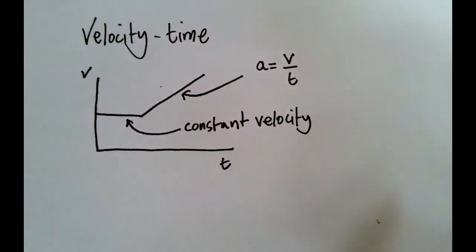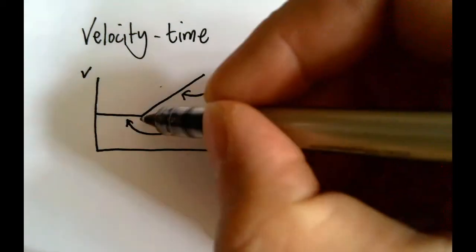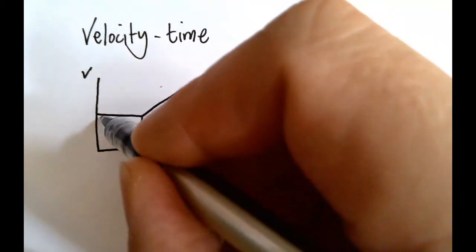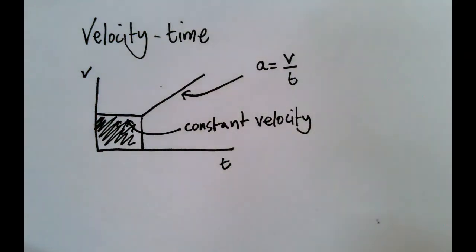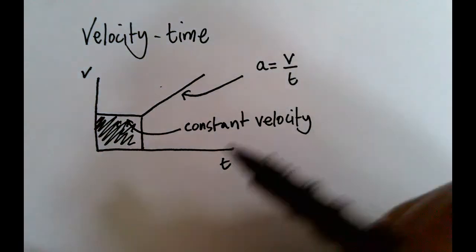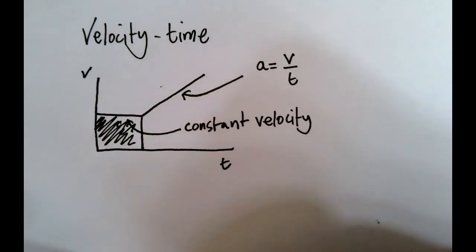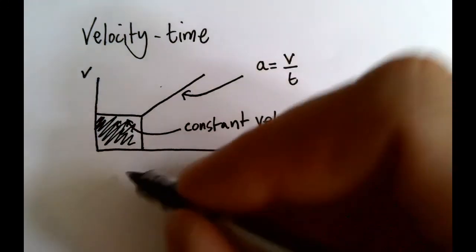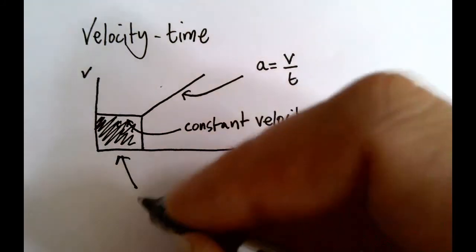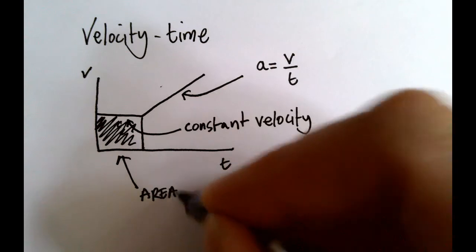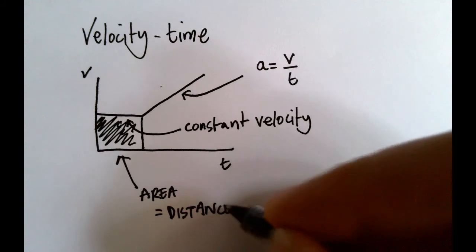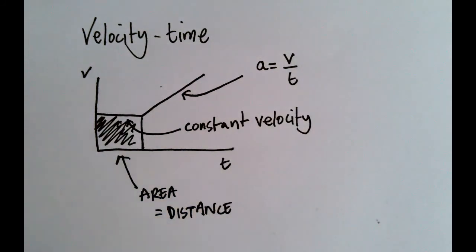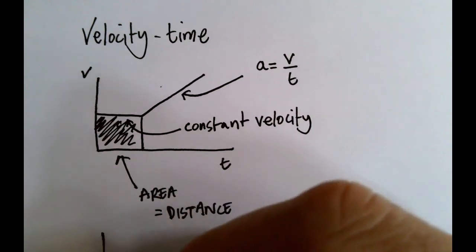Now the other bit of information that you can get from a velocity time graph is, if you work out the area between the line and the x-axis, that will tell you the distance you've travelled in that time period. Because distance is velocity times time, and that's basically what the area is. Now, there is a little catch here, so I'm just going to write area equals the distance travelled. That should be okay, but it can sometimes catch you out